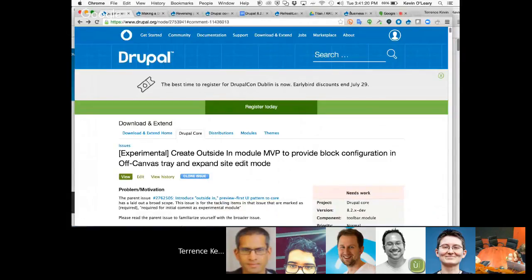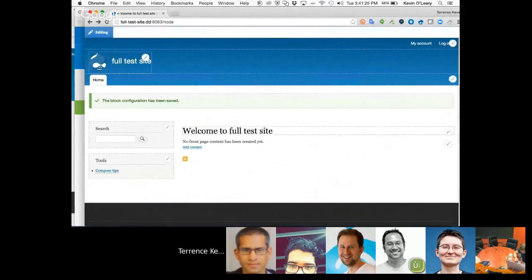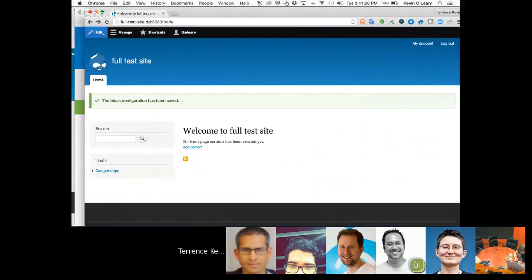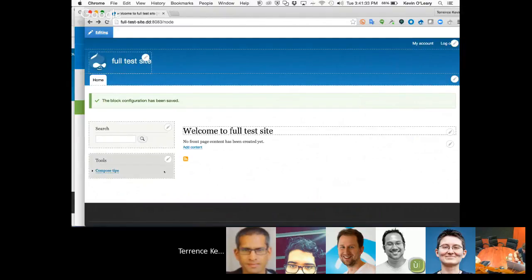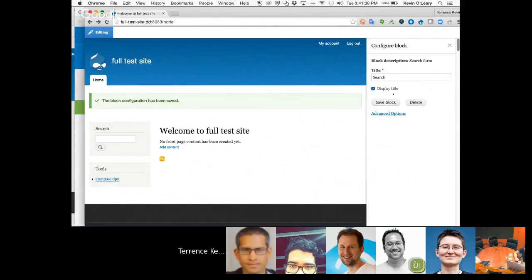Yeah, and actually, I'm going to go back to it for a second because we have quite a bit more than that. Really what this means is that if somebody uses this module, whatever is in the block plugin form will come into this form. So your block plugin form could have any number of different things in it. So if you install a module that adds a block that configures views,